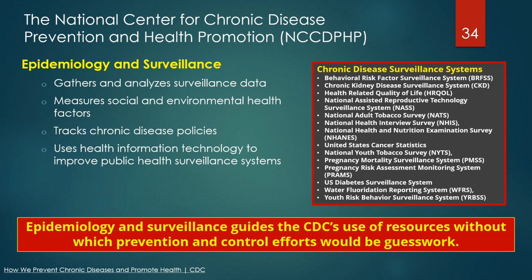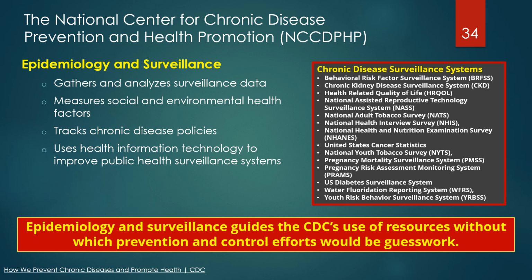Epidemiology and surveillance guides the CDC's use of resources, without which prevention and control efforts would be guesswork. CDC uses dozens of surveillance systems to collect data on chronic diseases and their risk factors, including Behavioral Risk Factor Surveillance System, BRFSS, Chronic Kidney Disease Surveillance System, CKD, Health-Related Quality of Life, HRQOL, National Assisted Reproductive Technology Surveillance System,